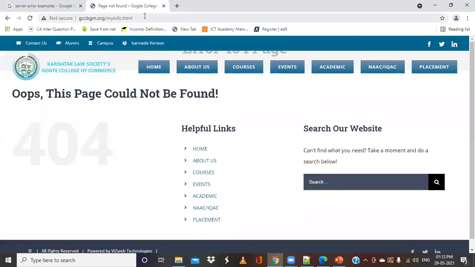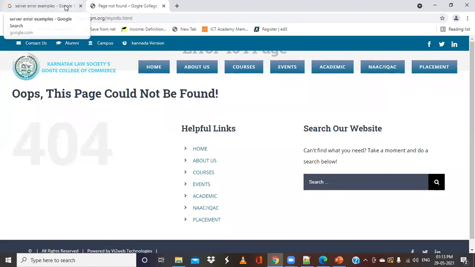This myinfo.html is not present at this particular domain or web server. So we will get a message, this is the 404. These are what we call status codes. If the page we are trying to access is not there, then we call it a client error, or we can say the status code is 404.